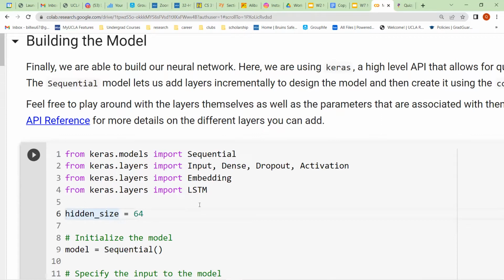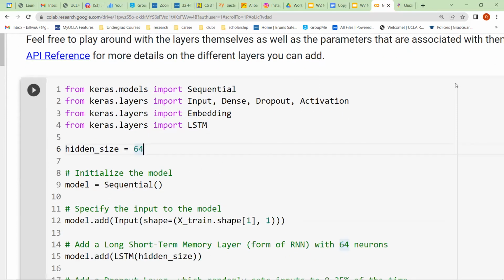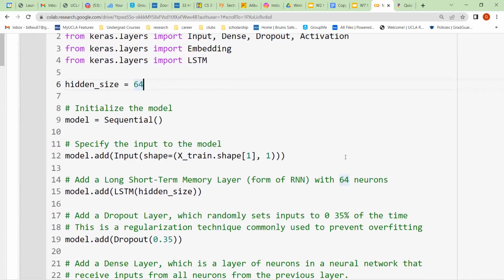Anybody? Yes. Exactly, right? Whenever we have a series of layers within your neural network, other than the inputs and outputs, you can't really see the layers in between them, and we need to establish a size for them. So the size of each layer will be 64 neurons, right?